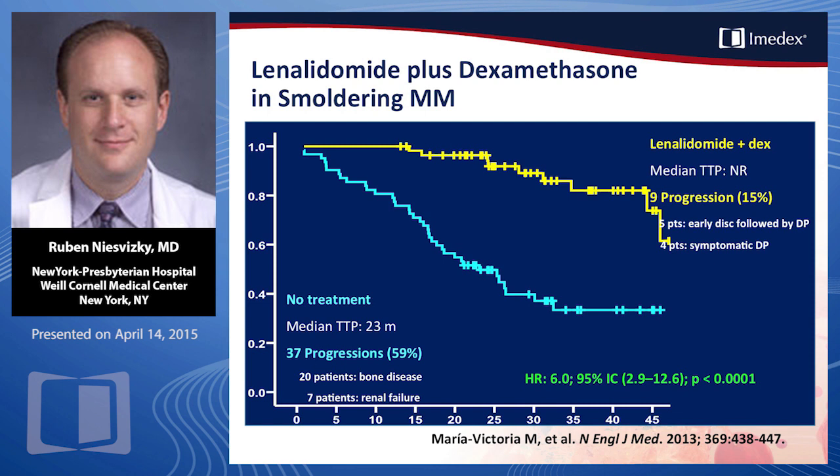As you can see in the following slide, by intention to treat analysis, lenalidomide and dexamethasone proved to achieve a much longer time to progression to active disease. And what was more important in the following slide, there was an overall survival advantage for the use of the immunomodulator plus dexamethasone versus no treatment. So this approach, although it needs to be confirmed, has been suggested to be one option for those patients with high-risk